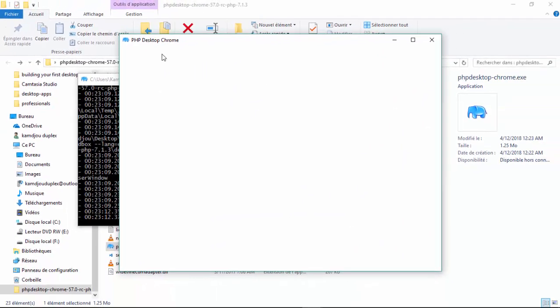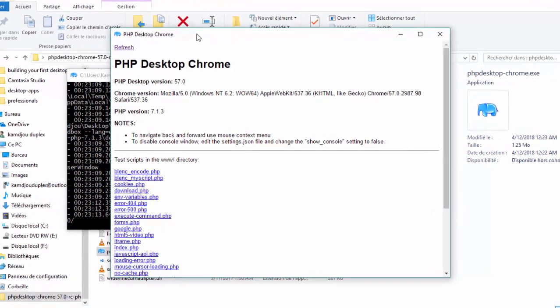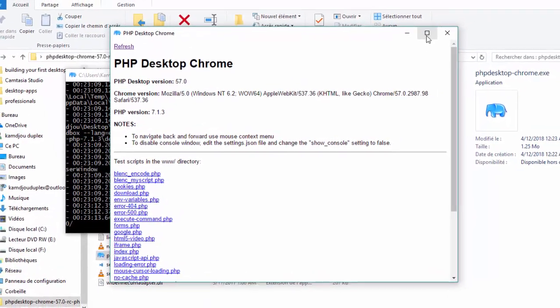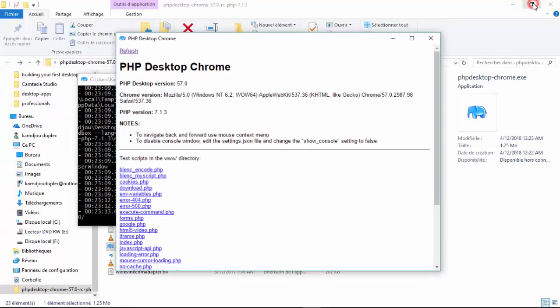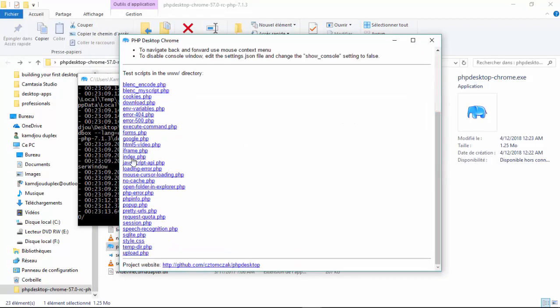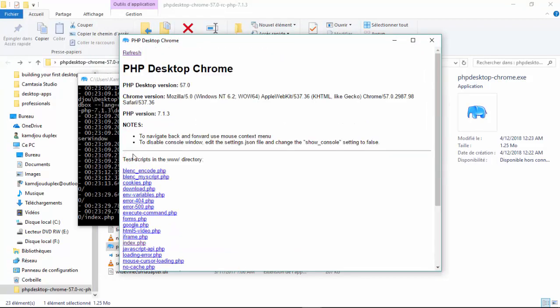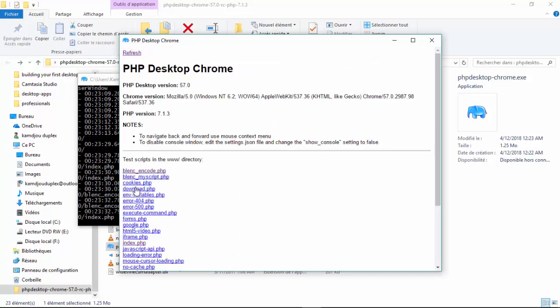As you can see, the application will just start. You can see it is a desktop application with all the features. You can extend it, you can reduce it, and so on. These are links to various pages, and you can do everything like your normal web application.